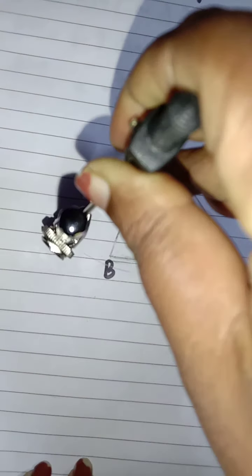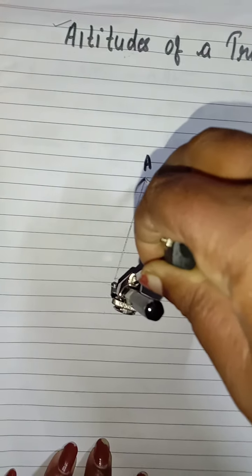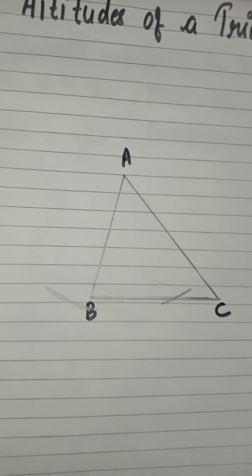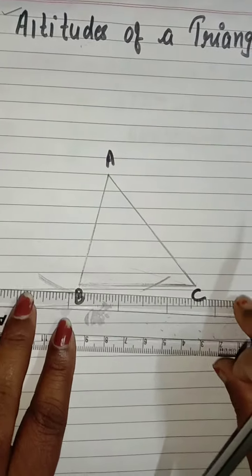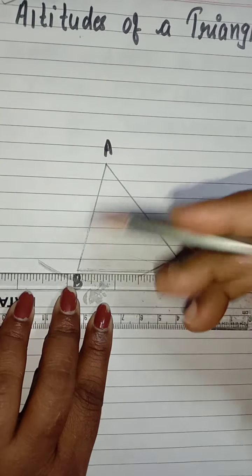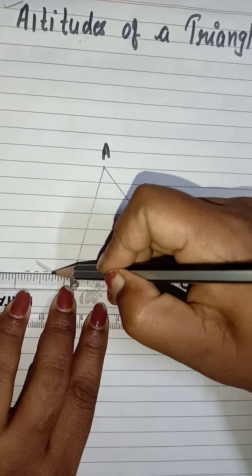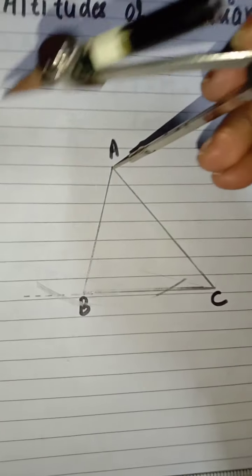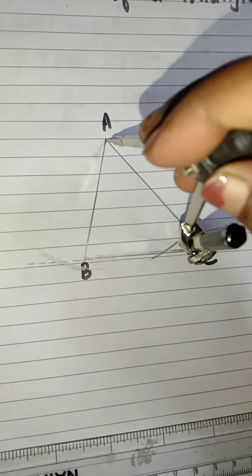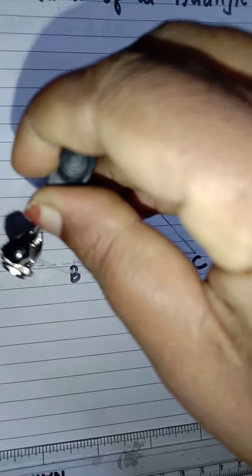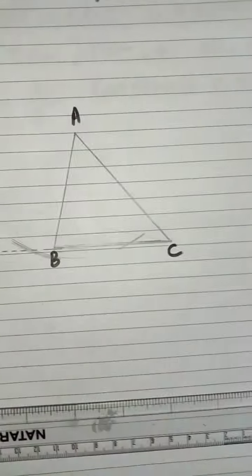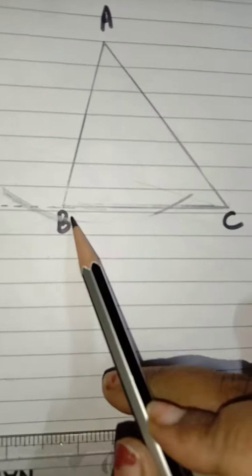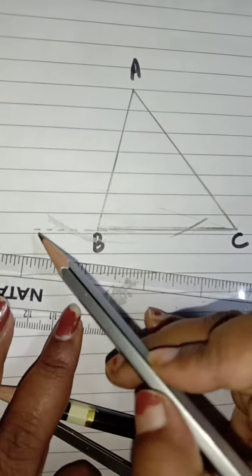And for the other arc you can see that it is not coming exactly on the segment. So what will we do? We'll draw the arc, and with the help of the ruler, we'll extend the segment with a dotted line. I will show again. Put it on point A, take a suitable distance, draw an arc on one side of the segment and another on the other side. It is not exactly on the segment, so we extended it with a dotted line.